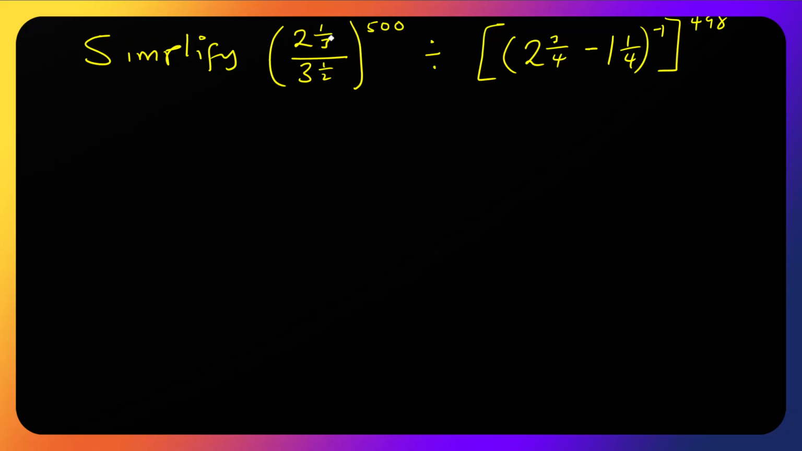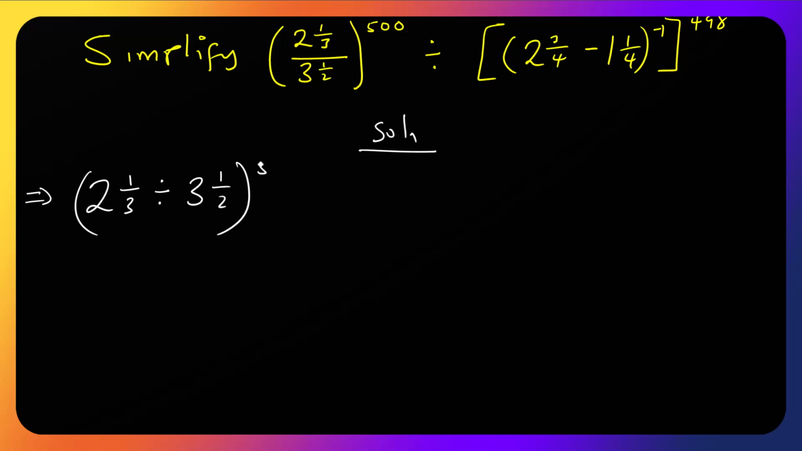We have two whole number 1 on 3 on 3, whole number 1 on 2, all raised to 500, divided by this. Okay, so let's be very careful here. We have two sides. So what I'll do here is to write this one in the form of this. So 2 whole number 1 on 3 divided by 3 whole number 2 here. So we have to the power 500 divided by. So the next side